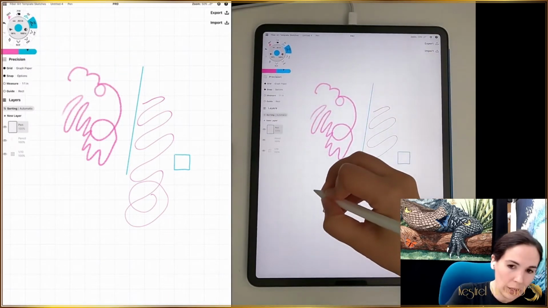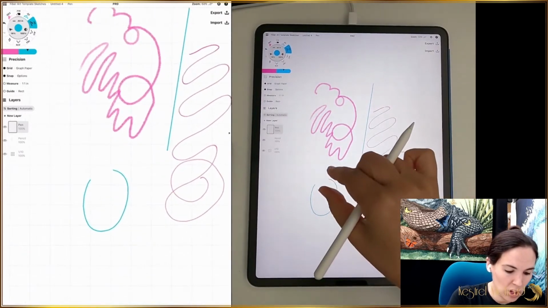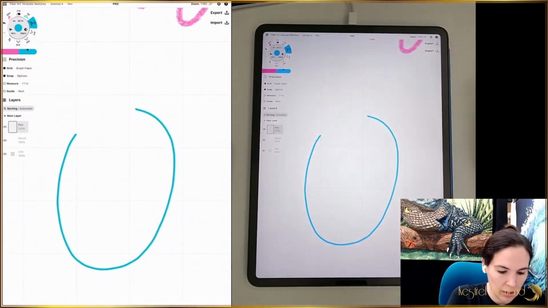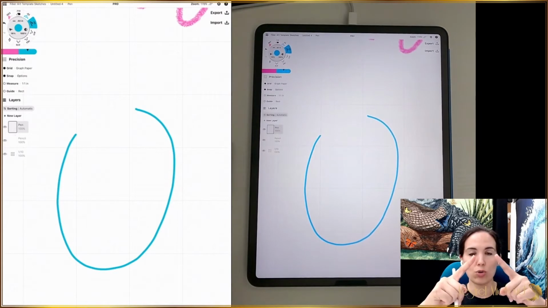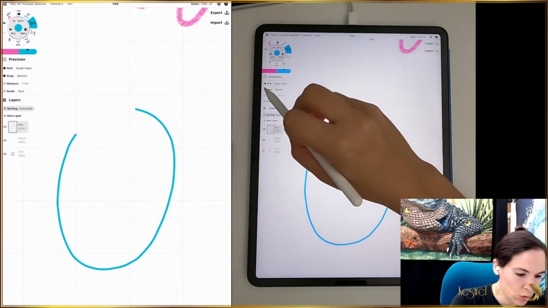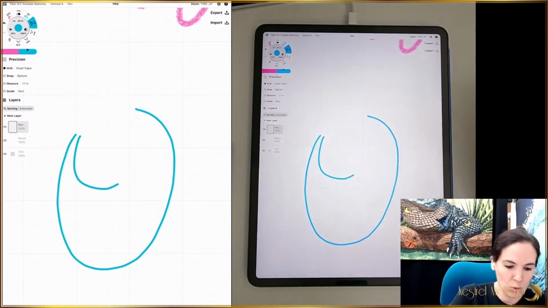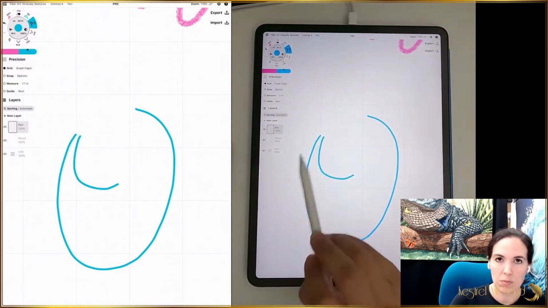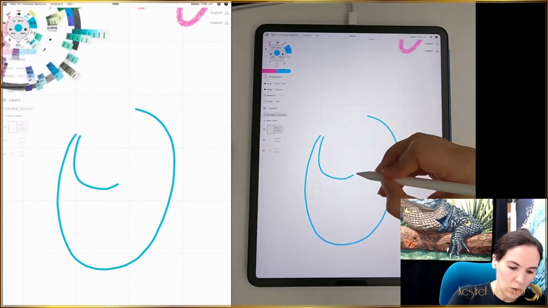So let's do a quick line with the pen tool. I've just got this little semicircle here. Autocomplete means that the endpoints of the line, when you draw, are going to try and connect. So if snap's turned off, this is what it would look like. Absolutely no change. The lines stayed separate. If snap is turned on, and I go to complete,